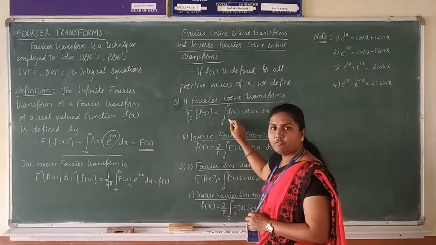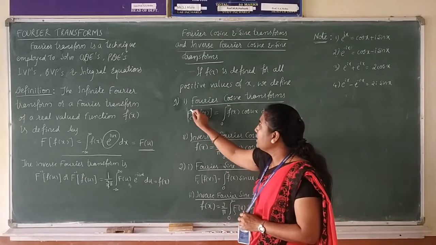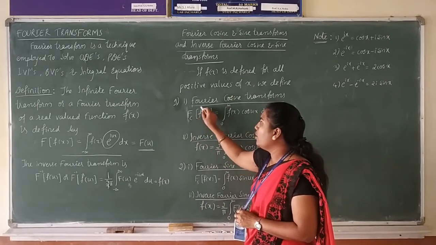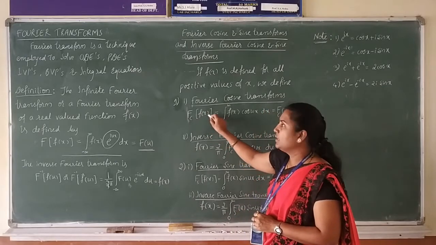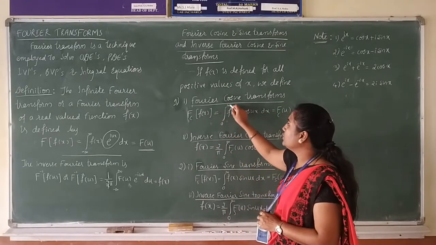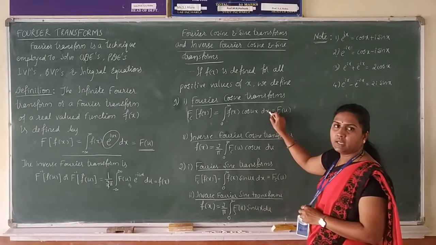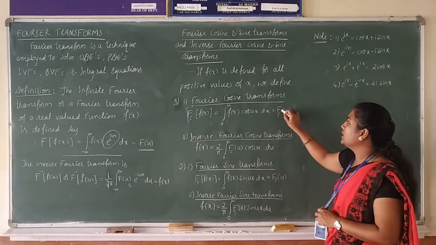The definition of Fourier cosine transform is given by Fc of f of x, equals integration 0 to infinity f of x into cos ux dx,